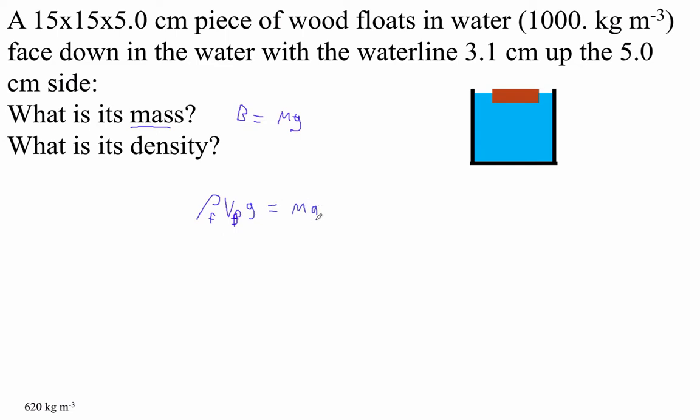If that equals mg, doesn't that mean that the mass of the water displaced is equal to the mass of the block of wood, right? So the mass of the water displaced is going to be density times the volume displaced, right? Density of the water times the volume displaced, right? And the volume displaced